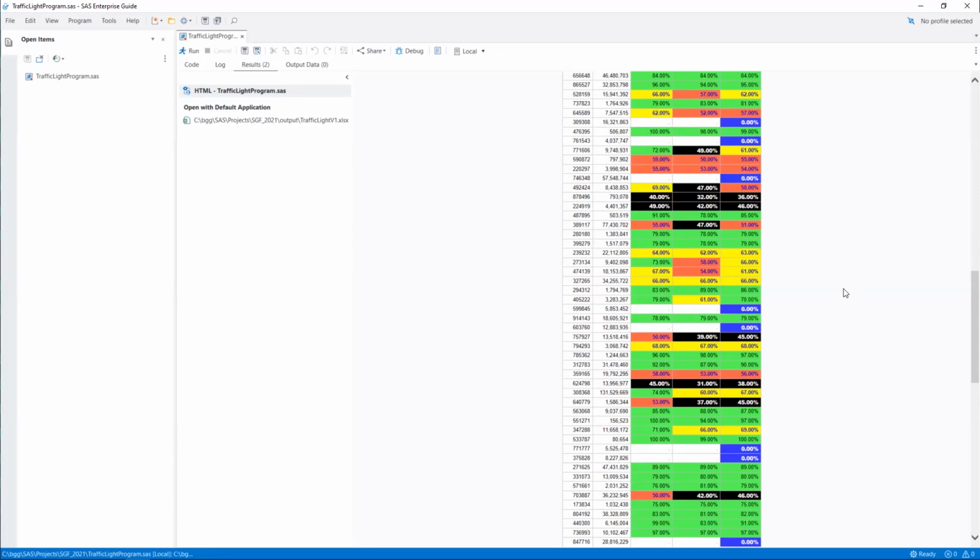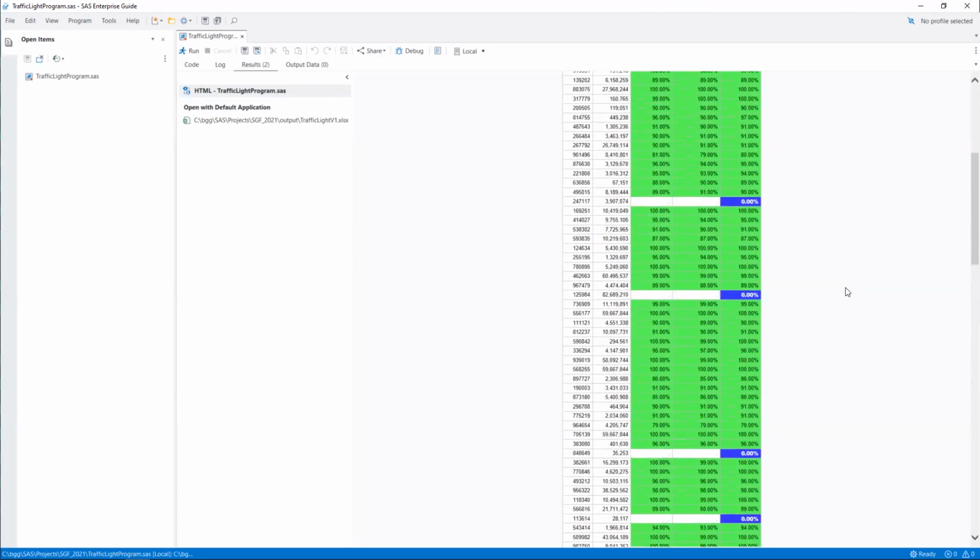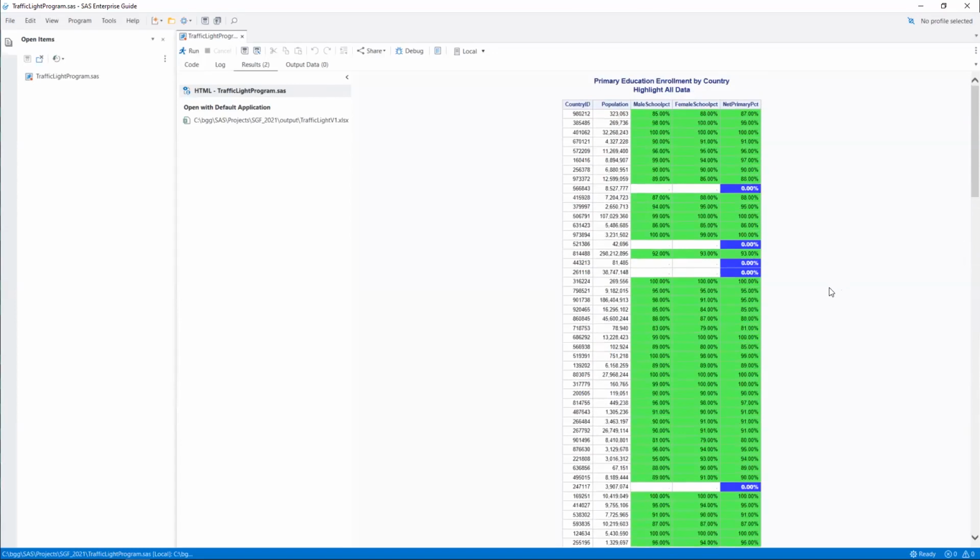Now, remember, I applied this set of formats to all the columns, _all_. And so we see the white background. I'm not sure it's really any different than the overall report style that is being used for this report by default, but we will see a difference a little later in a different version of what I'm trying to do.